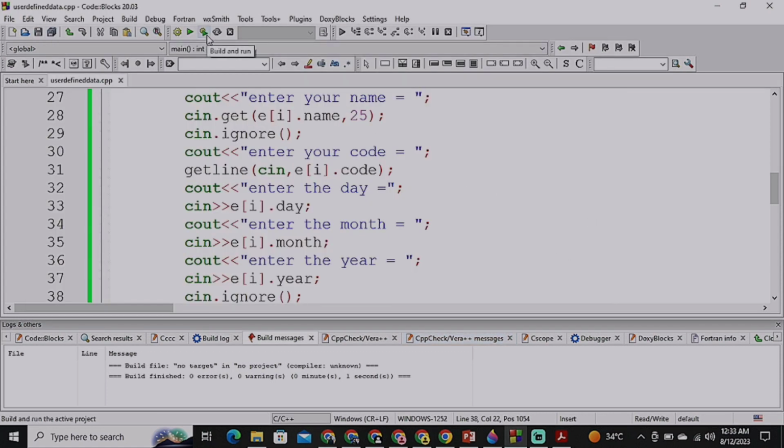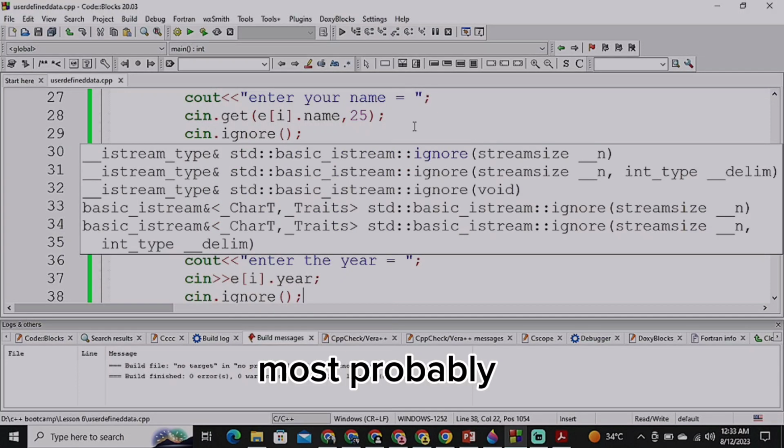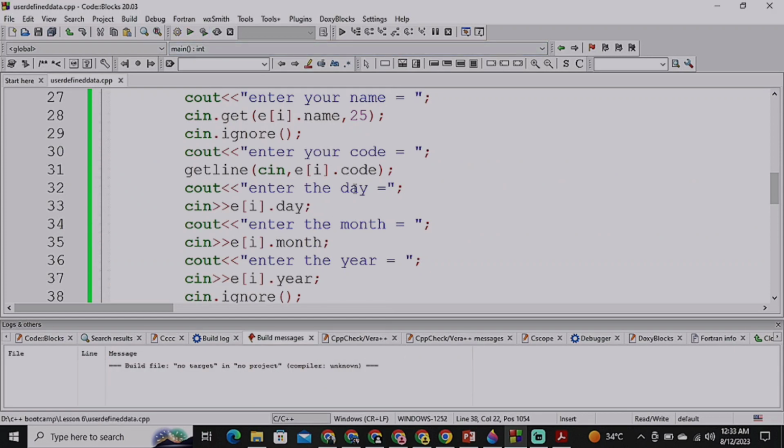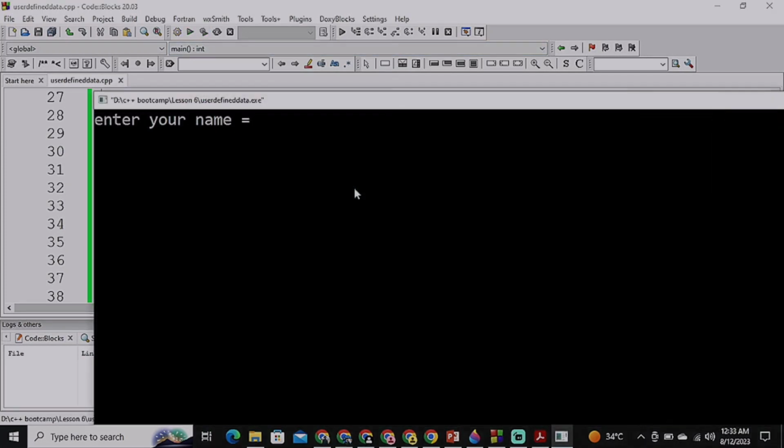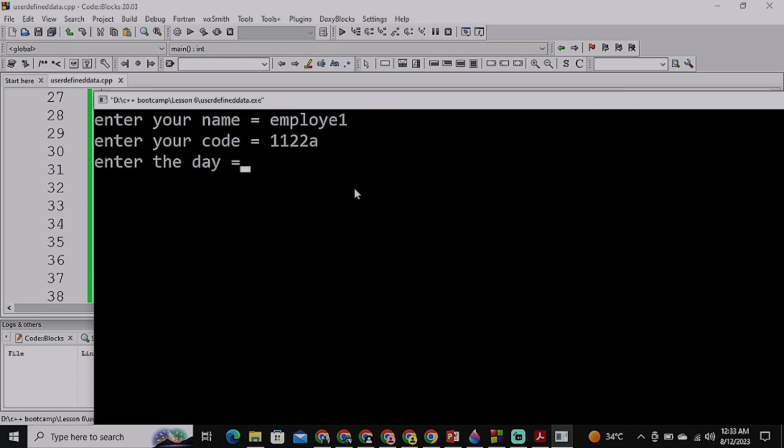Our program is working fine, and I already told you the purpose of the cin.ignore. So if you are not using getline and cin.get, you will not face any issues if you are using some simple cin. Okay, so let's see. Now first of all, we have employee 1, and the code for employee 1 will be 1122A. And the day will be